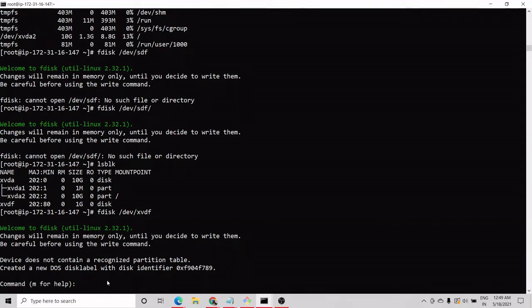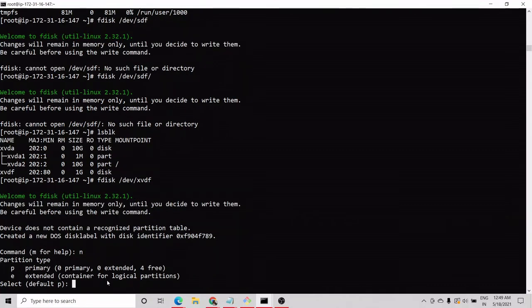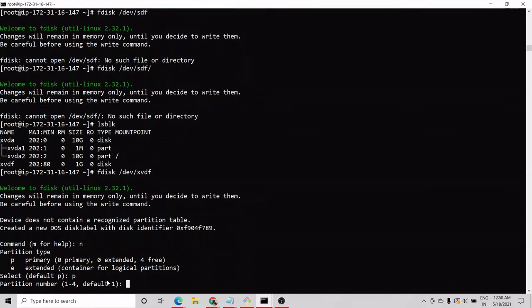We want to create a new partition, so we'll just type n, enter. It is asking whether we want to create a primary partition or an extended partition, but we don't want to create any partition. We just want to format it and mount it on our folder. So we'll just create it as primary and press enter.